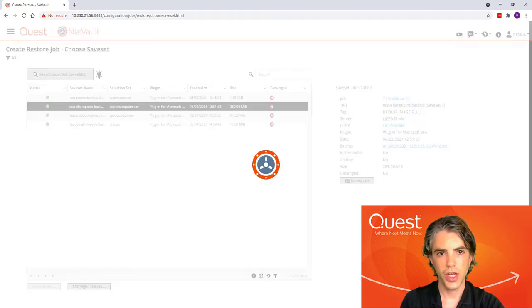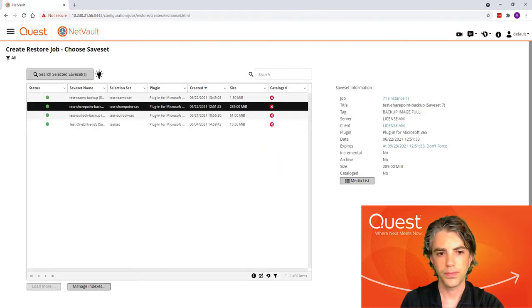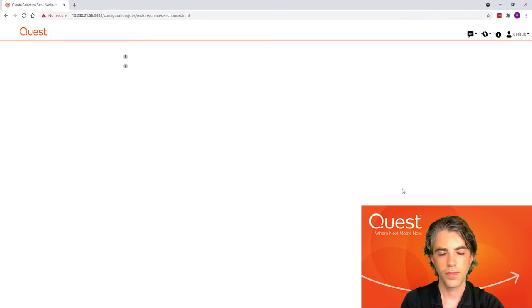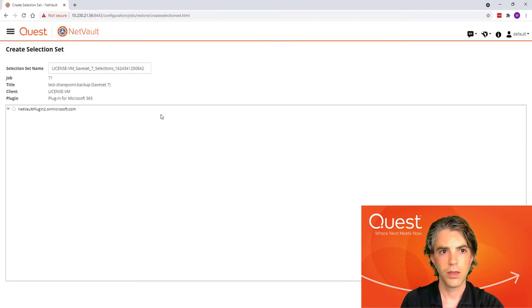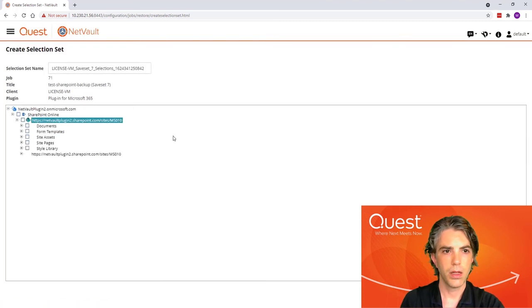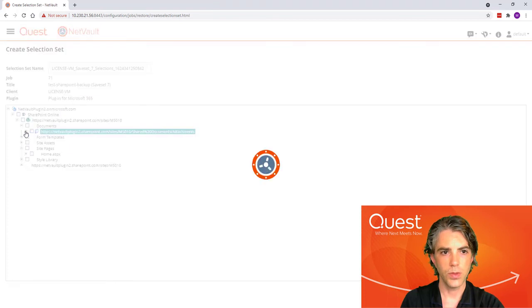So if we select our SharePoint backup, we have protected a site called MS010. In this site we have a number of particular files and configuration information that make up the layout of the site. And we have a number of documents that are attached to the site as well.